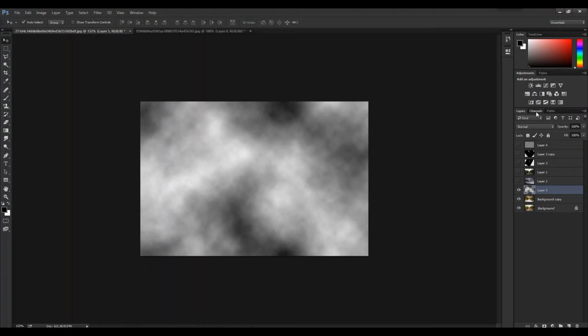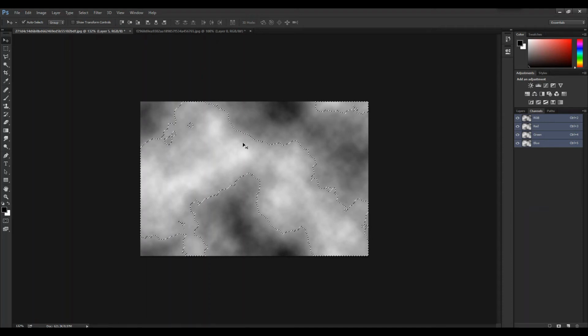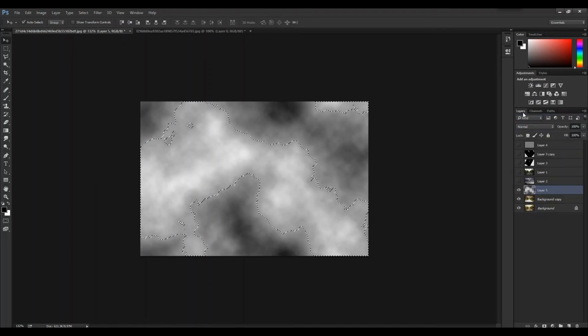So all you need to do is go to channels, Control click on the RGB thumbnail, and as you can see, selection is made. Now select the layer and create a layer mask.